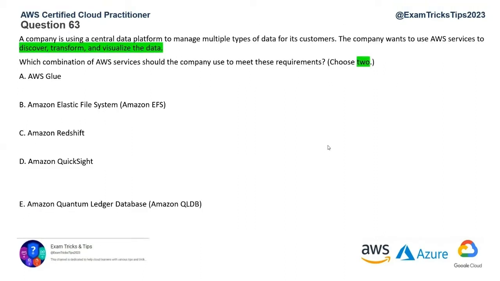All right, I've highlighted some keywords here. So what we need is a discover, transform, and visualize data service from AWS. It's not a single service, it's multiple services. This is effectively an SAA kind of question, Solutions Architect Associate, where here they have asked it straight away,